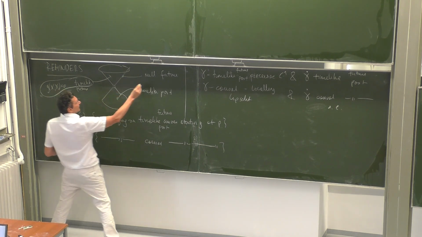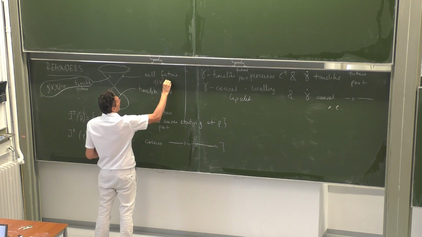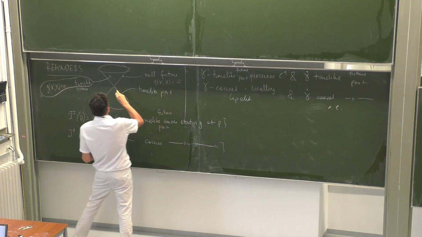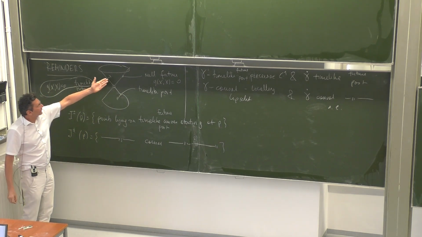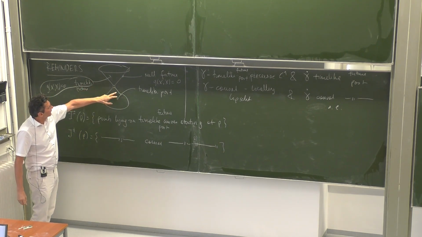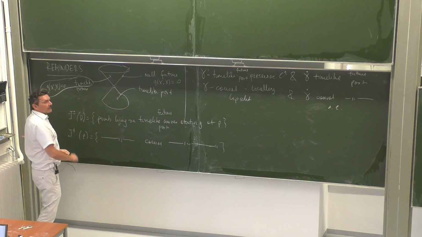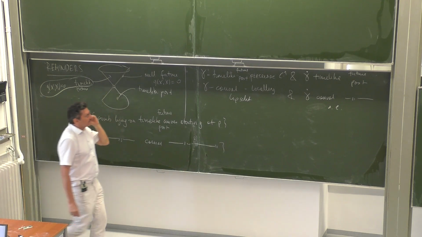Null vectors have zero length, but are not zero, right? So they're avoiding the 0 point, and so you have null future pointing, null past pointing would be at this boundary here. A curve is a